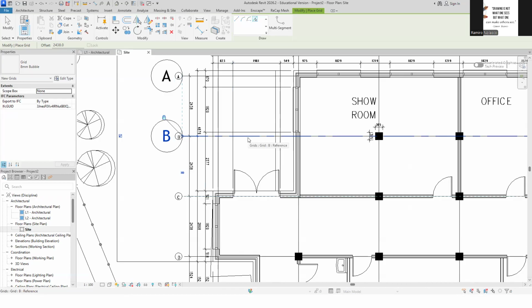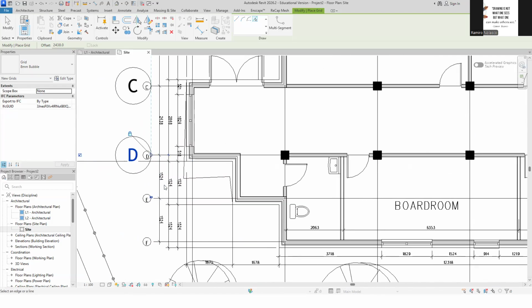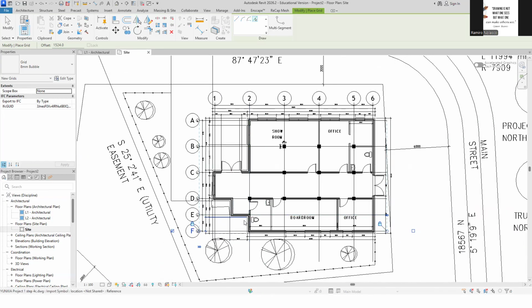Make sure it is more to the downside, and then you get the C. Again, same, you get the D. Now this one here is 1524 offset. Change that, and then make an offset. Make sure you're more on the downside. That's E, 1524, and F.